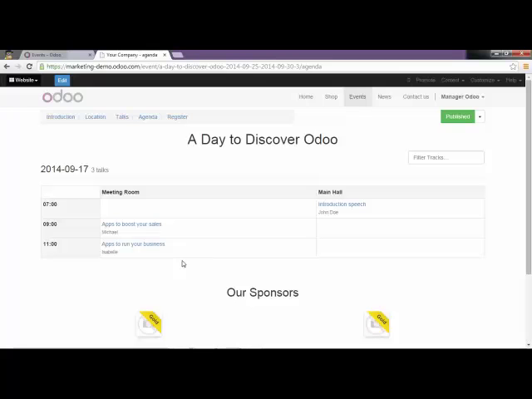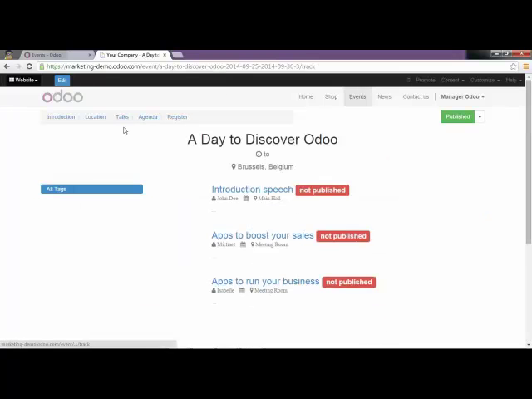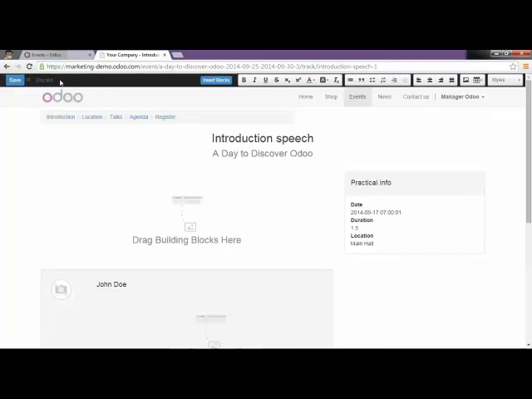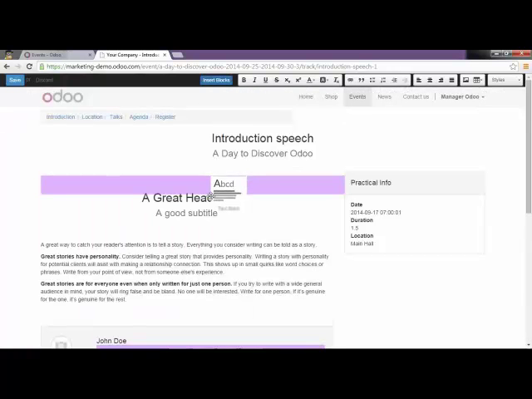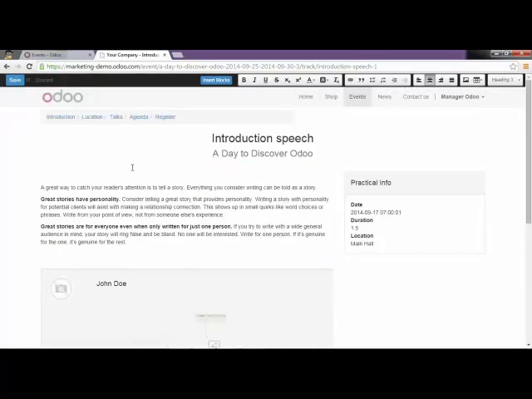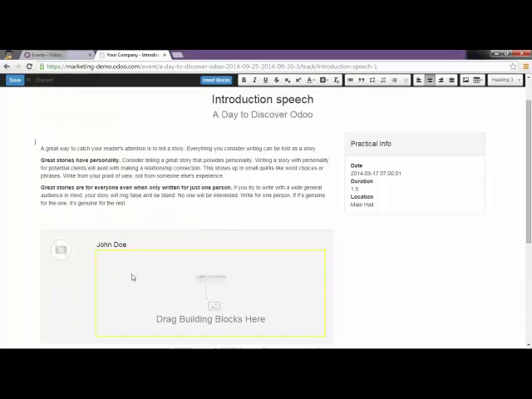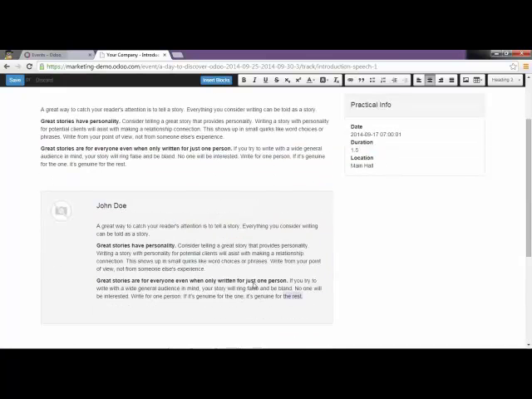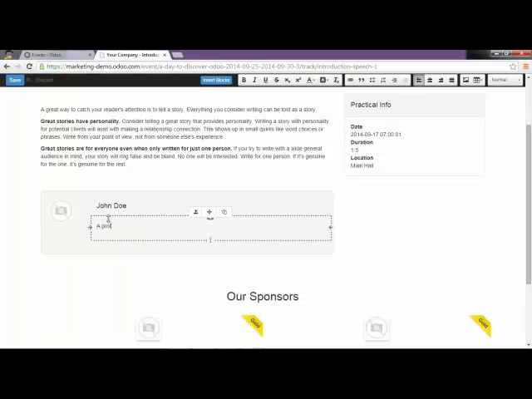If we go to talks, we have the same data, but by clicking on the introduction, we can now define each track's page. For instance, let's click on edit and insert a text area. We can also provide some information about the speaker. Let's add the text area, move all this and say a professional public speaker